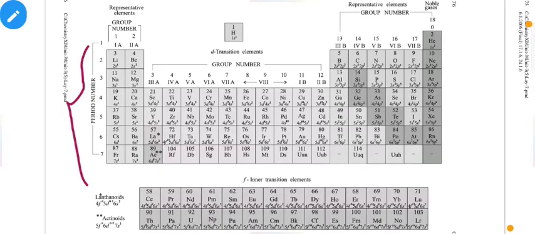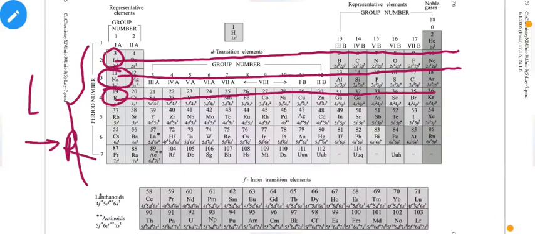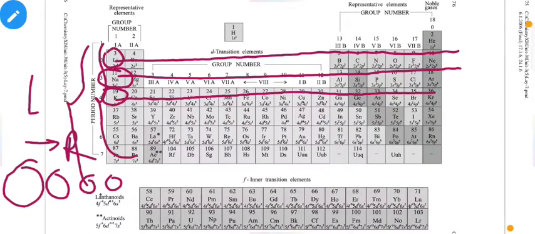Okay, so that means if we compare lithium with its remaining period members, if we compare sodium with its remaining period members, if we compare calcium with its remaining period members, then they are the first and they are the leftmost element. And as we move from left to right in the periodic table, sizes are shrinking because of effective nuclear charge. So that means the first element of each period will be largest in size. So this statement was mentioned.